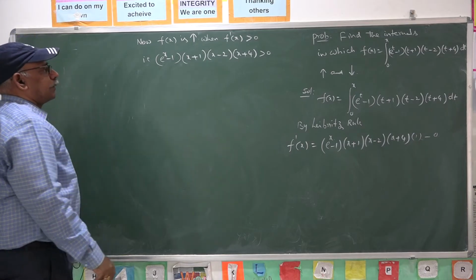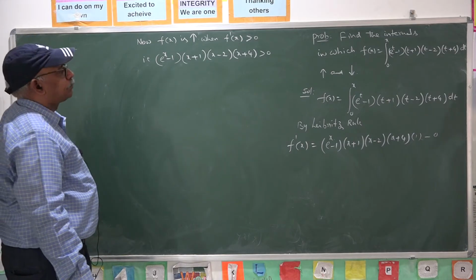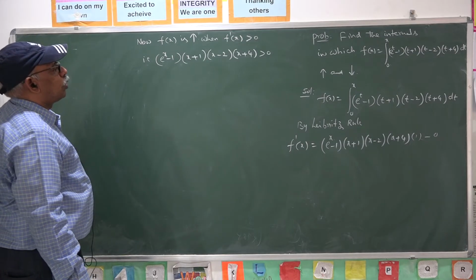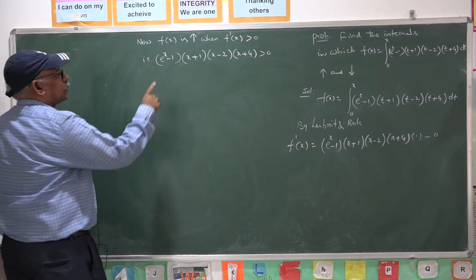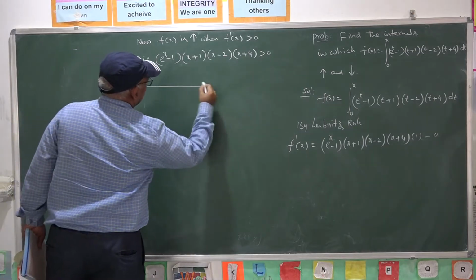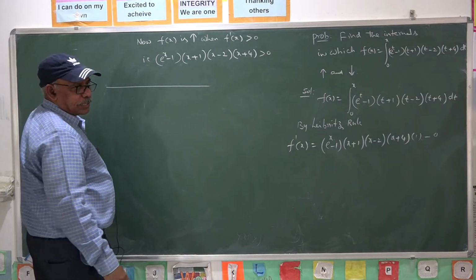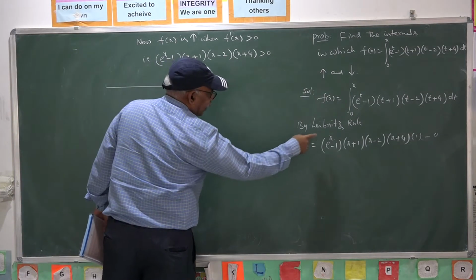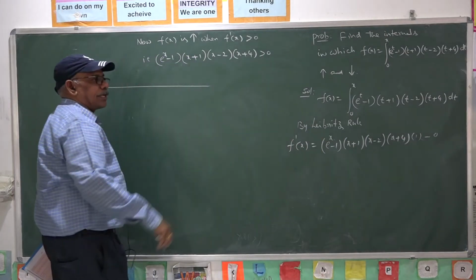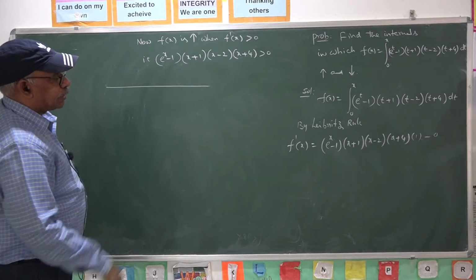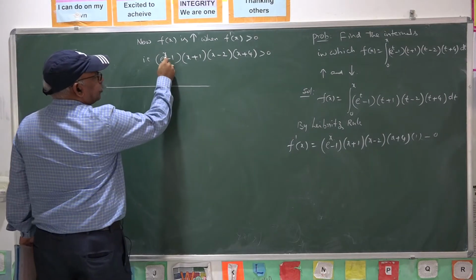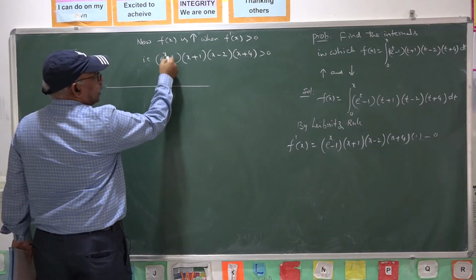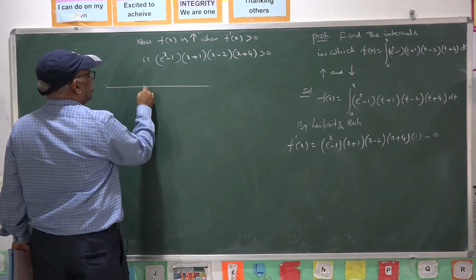This is possible for what values of x, that is to be determined. So let us consider the critical points here. Critical points means where f dash x is 0 or f dash does not exist. F dash x equal to 0 whenever x is 0, because e power 0 is 1, 1 minus 1 is 0. So 0,